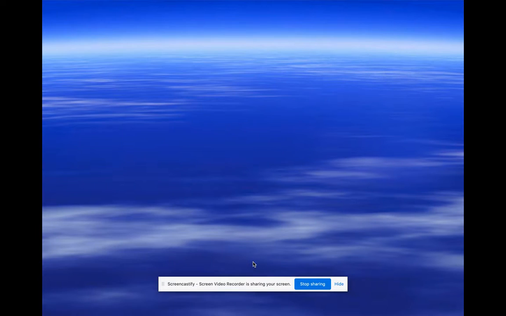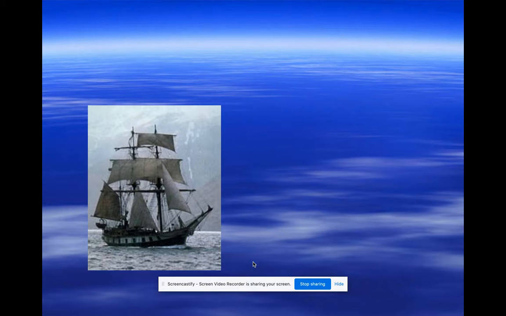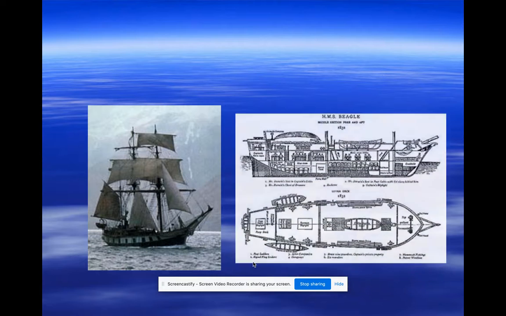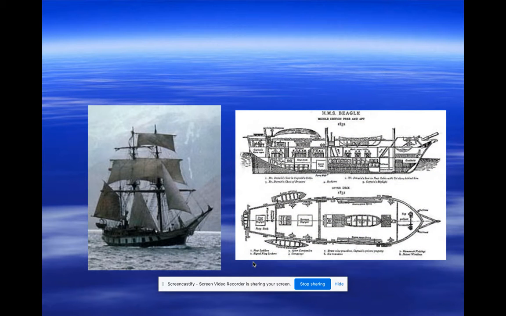So, why was he considered the father of evolution? Well, he went on this journey when he was a young man. His father bought him a passage on a ship that traveled the world. And that ship was called the HMS Beagle. And this is a replica of it. Wasn't the actual ship, but this is what the ship actually looked like. Here are the floor plans. And he lived on this boat for 5 years. He went around the world for 5 years, and he visited lots of spots.